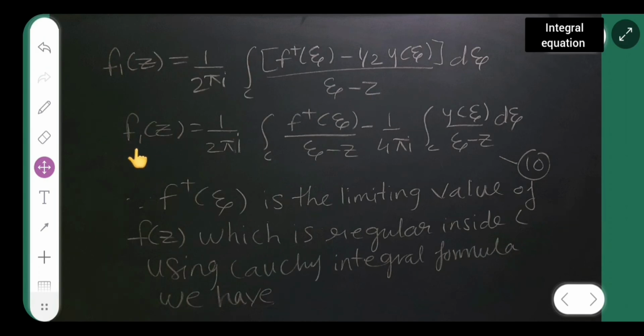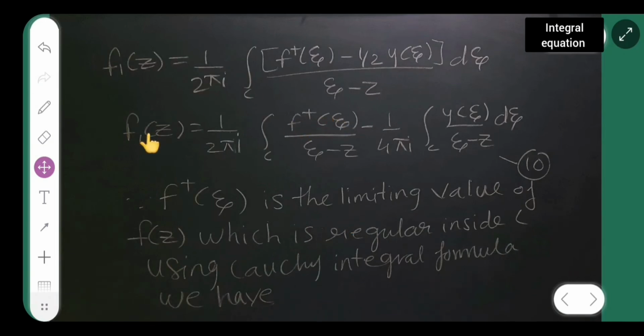Now f1 of z is equal to what? Write this 1 upon 2 pi. Now multiply this, I will multiply with this, as well as this I will multiply with this, okay? I will separate the terms, integrals, okay? So 1 upon 2 pi into this, integral of c f plus of xi upon xi minus z into dxi, minus 1 upon 4 pi i integral from c y xi upon xi minus z into dxi, okay? Now since f plus of xi is the limiting value of f of z,